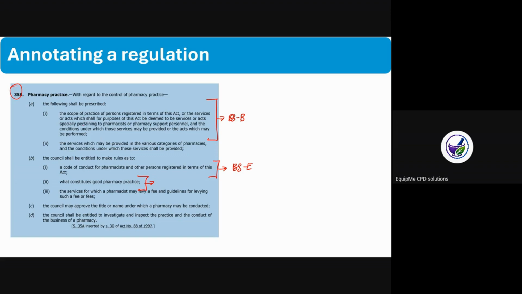In the GPP, if you're able to link the GPP to Section 35A, you've complied with behavior statement A. You've complied with behavior statement B, because then you can add regulation 5 and 6 of GNR 4733 of 2024. Then behavior statement E, you go on and add the code of conduct. So here, what constitutes good pharmacy practice, you can add anything. Pharmacist-initiated therapy, conducting a public health campaign, documentation, requirements for a pharmacy, the services for which a pharmacist can levy a fee. You can link this to many things.